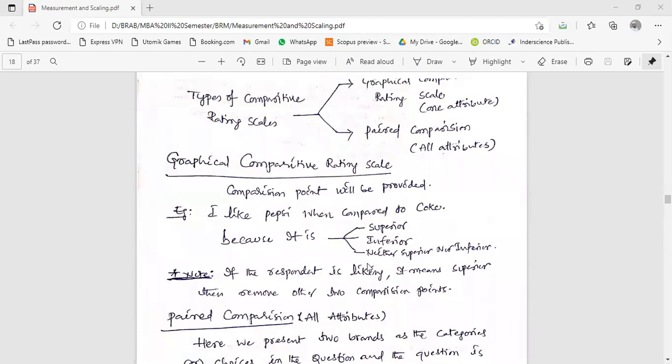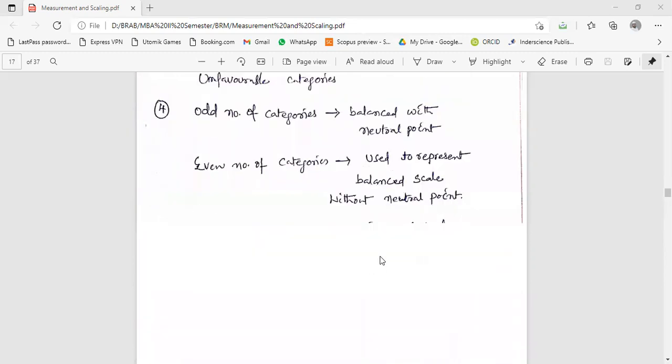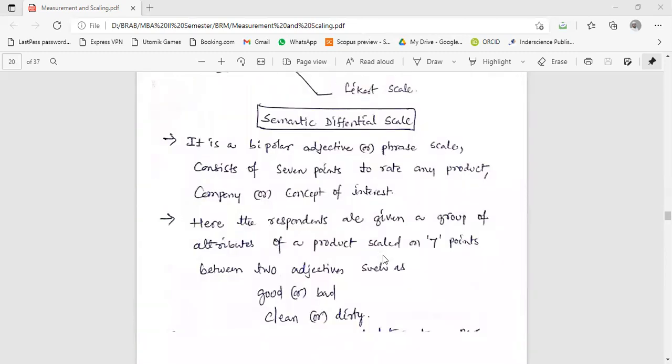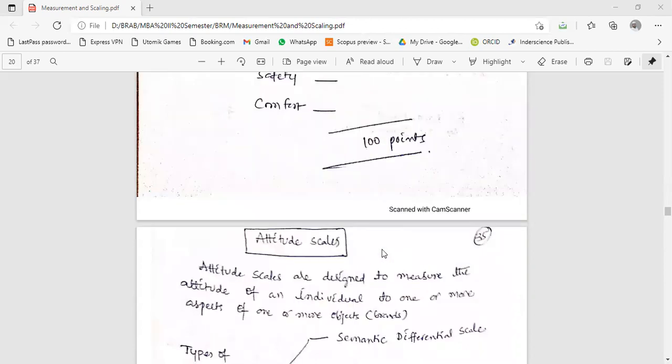Before that, we have the rating scales. Then these are the attitude scales. So scaling is very much important. You might have to know about it. Without measurement and scaling, you cannot proceed in the research. It plays a vital role. So you need to develop a skill with which you can measure all the variables. If you fail to develop this skill, it is difficult.